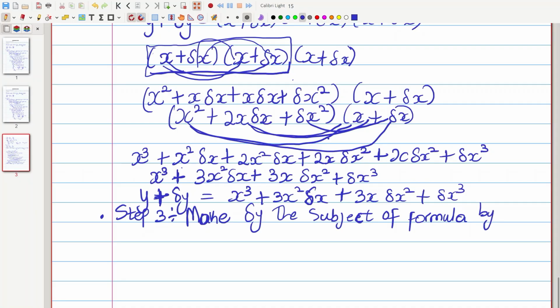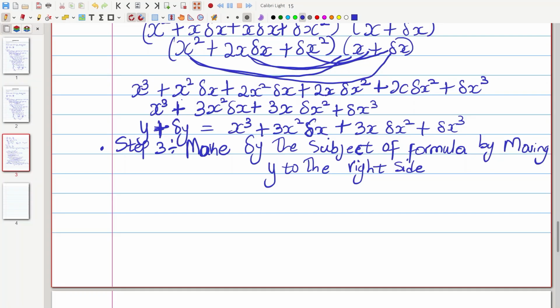This is by moving y to the right side of the equation. So this will be delta y is equals to x cube plus 3x square